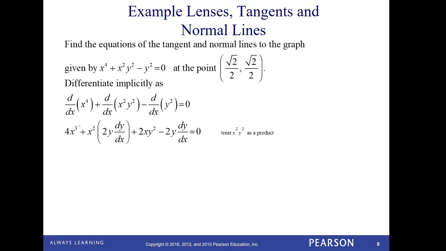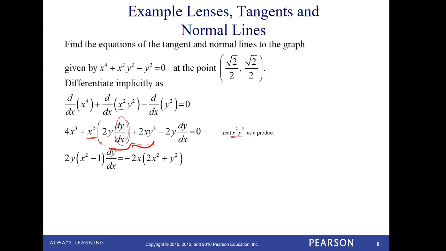Okay, so the first one is 4x cubed. There is no y term, so I don't need to put any y primes in. Then using our product rule, derivative of the first times the second, there's your implicit inside chain rule, plus the derivative of the first times the second, no need for any derivative of y there, minus, and then again, power rule, 2y dy/dx equals 0. So again, using that x squared y squared as a product, which would be this portion here. Continuing on,